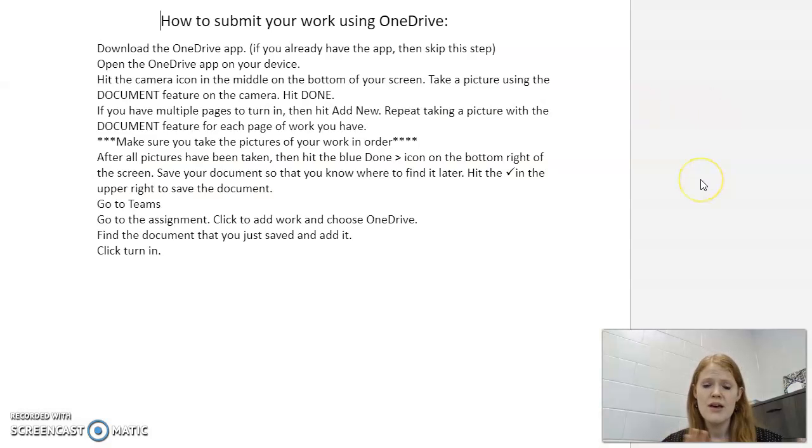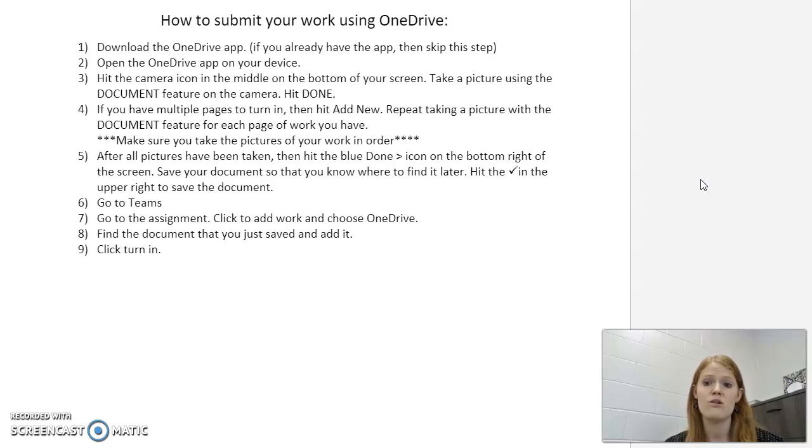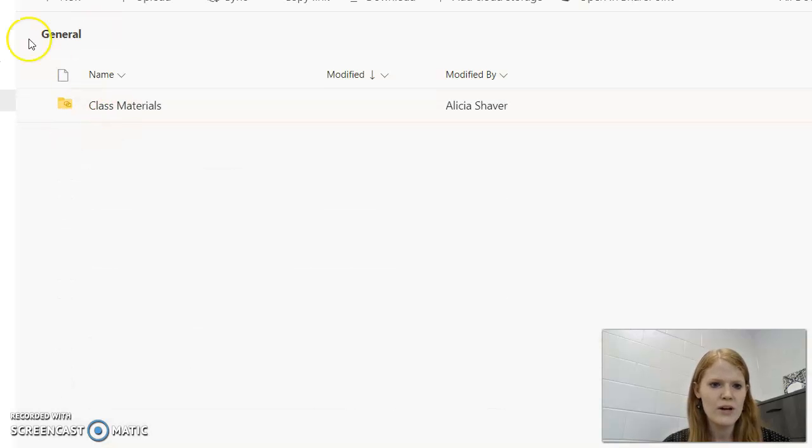In addition, this is what I was talking about, uploading pictures in the OneDrive app. It gives you some information about how to do that. So like if you're annotating something and you've got multiple pages and you want to take a picture of it, the OneDrive app is probably the easiest way to do that. So make sure that you read over that document, play with it a little bit, make sure that you can upload assignments that way. And if you have any questions, again, I can answer any questions you have on Friday when we meet.